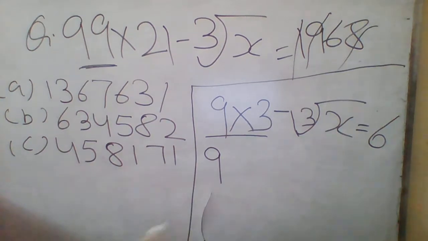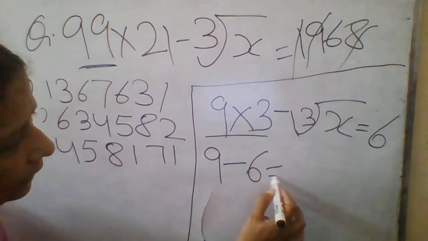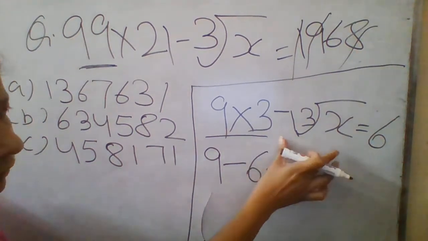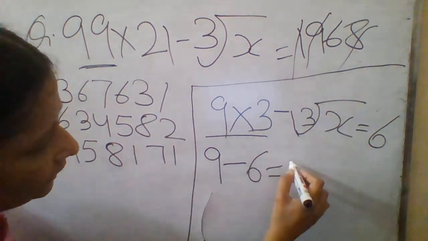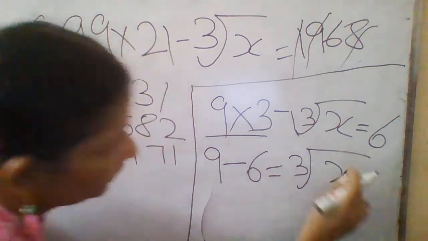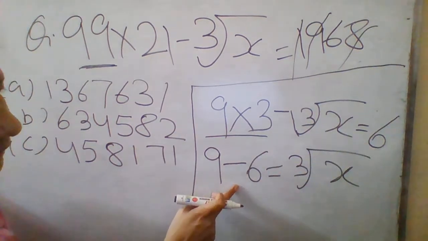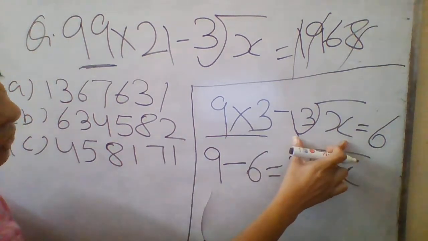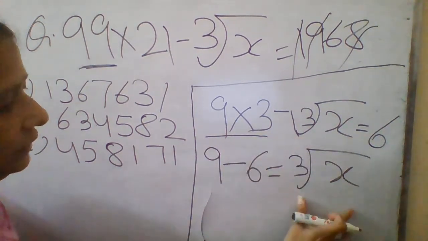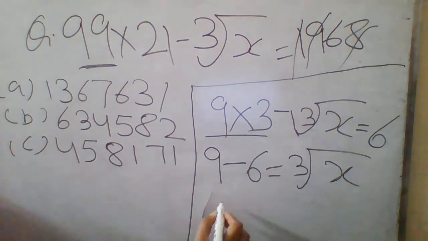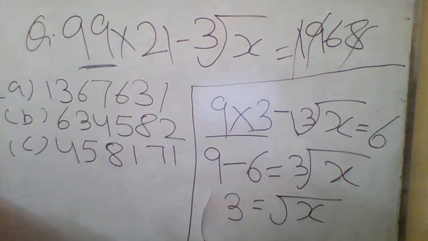The 6 is on that side, so you bring 6 here. This side is equal to, and the cube root of x will go on the right hand side. So the sign will change here. I have brought this 6, this was positive here, now this is negative, equal to cube root of x. The equal to side is here, so this is now positive. So you can now solve it out. 3 is equal to cube root of x.